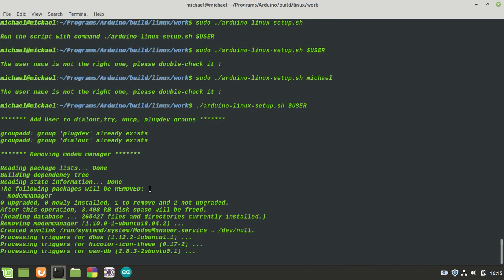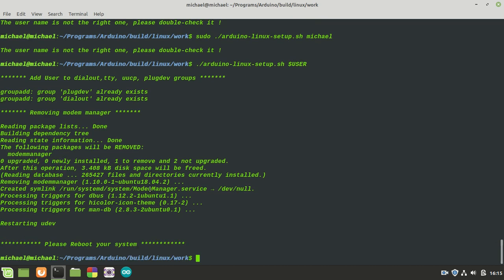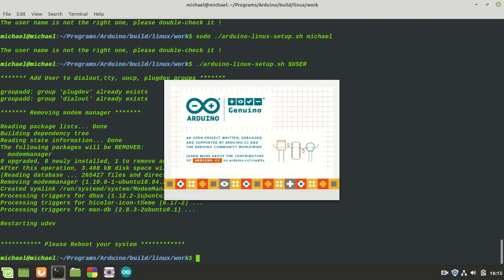We will see exactly. So I notice now that we don't need sudo for this. Now it said that I need to reboot my system. I'm not going to reboot it. I'm going to see if there are some changes without rebooting, because if I need to reboot, I need to stop the video and then provide another one. So let's see what happens. Preparing boards, starting, and of course